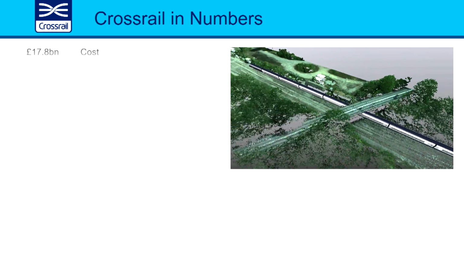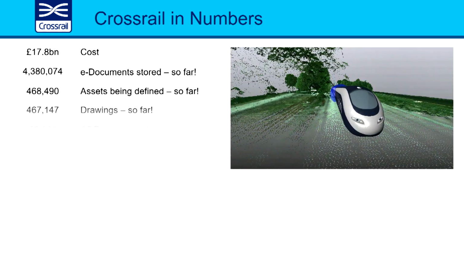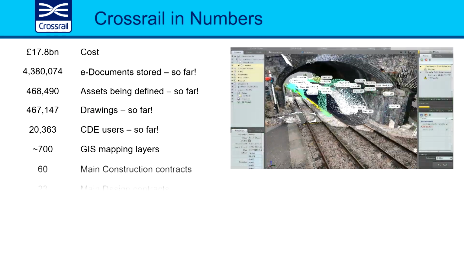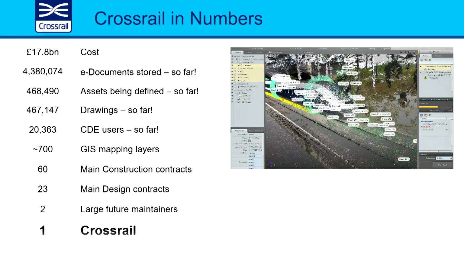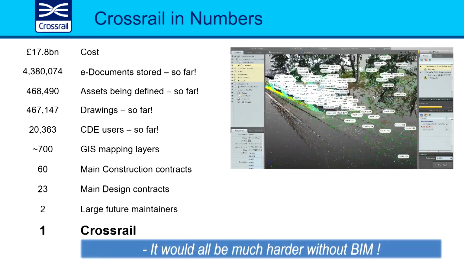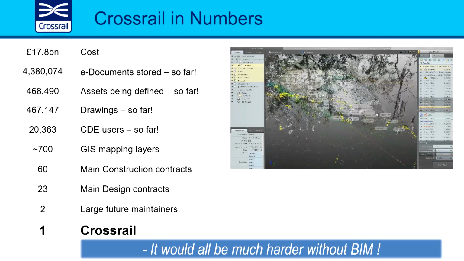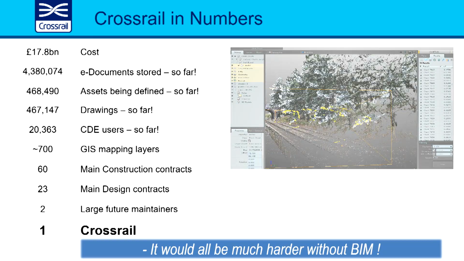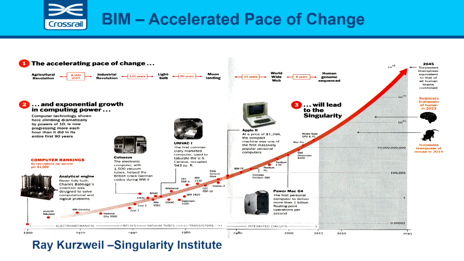And Crossrail in numbers, just to finish off. 17.8 billion cost in the end. Over 4 million documents in EB, 468 assets that are being defined so far against the ones that have been installed. Almost 500,000 drawings so far, all the CDE users and the construction contracts, and it would have all been much harder without BIM. So the very last slide, I don't know whether any of you have heard of